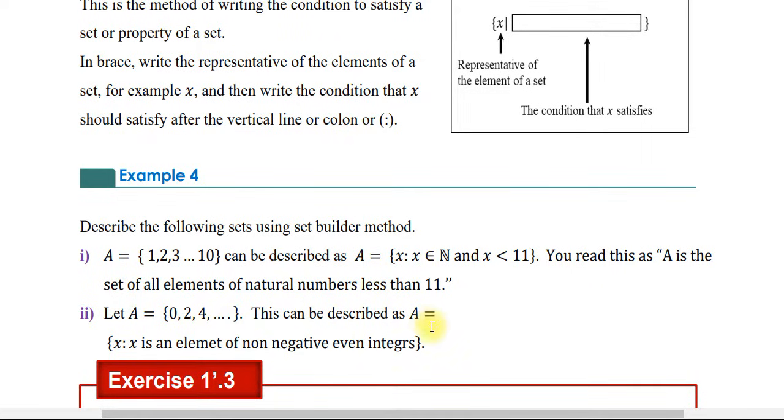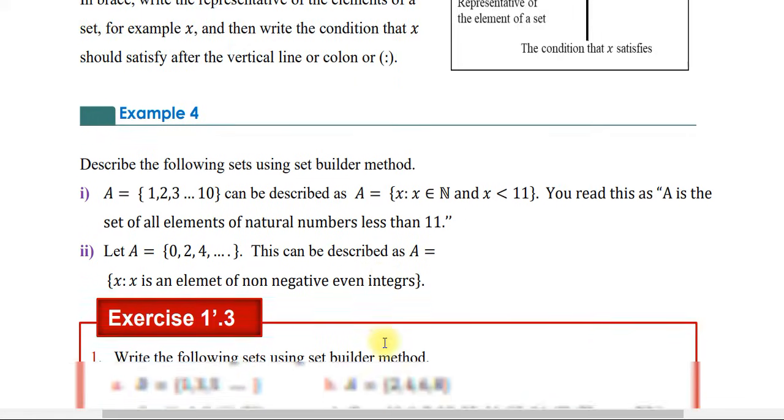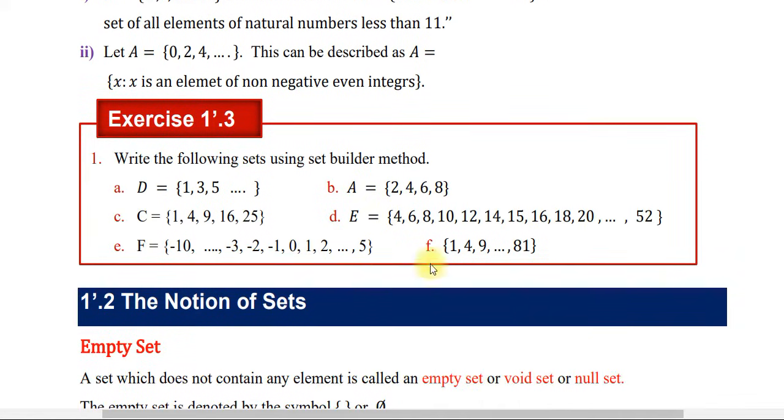This can be described as A which is equal to the set containing x such that x is an element of non-negative even integers እንለዋለን። ስለዚህ ይህ ሴት ቢልደር ሜተድ ይባላል ማለት ነው።